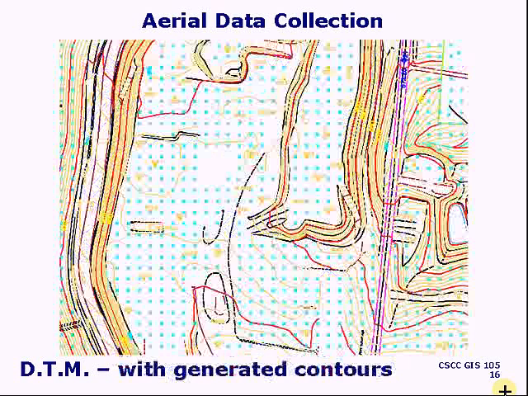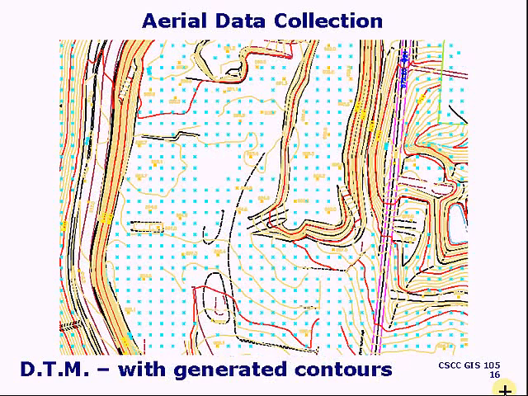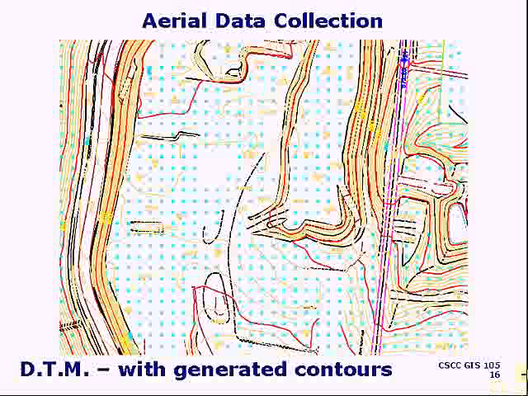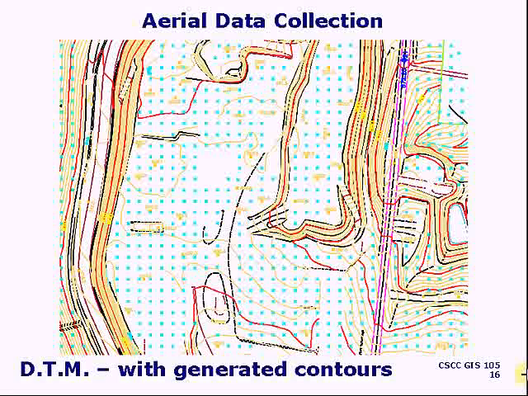So at that point in the process, creating contours just becomes a way of visualizing that underlying data. So from that network of triangles, the software is going to look at the edges of the triangles, find even elevation values, connect up all those even elevation values of like value. So we're going to have 800 above sea level, all the 800 above sea level points. It's going to connect those up in a linear fashion and represent the ground with contours, but the surface is still